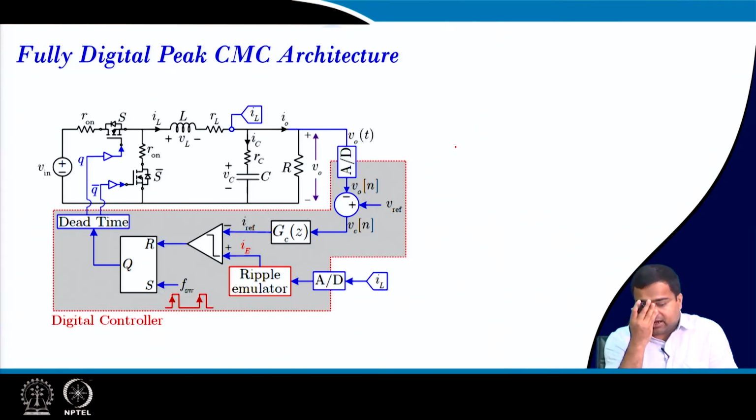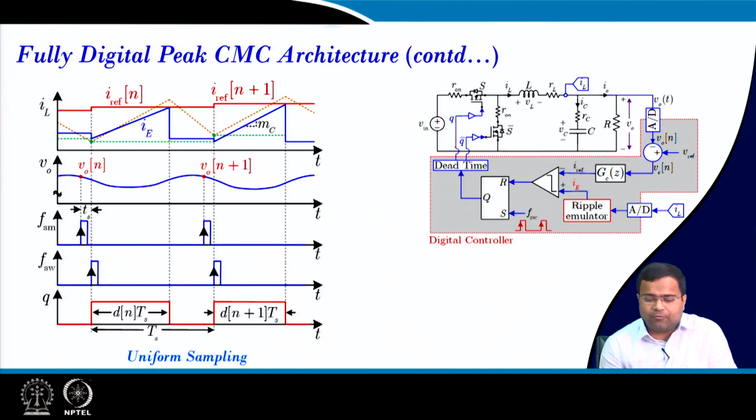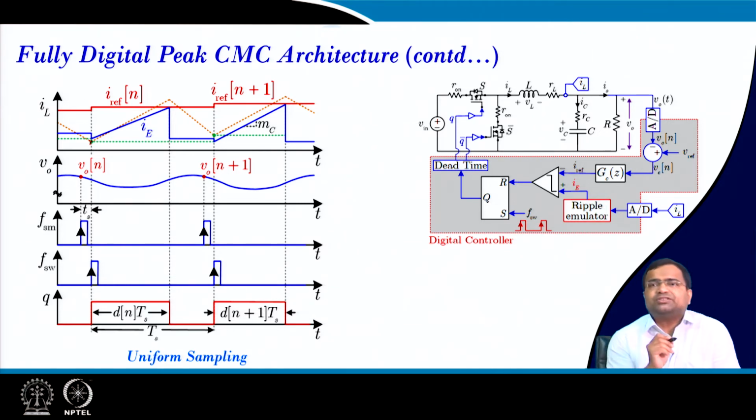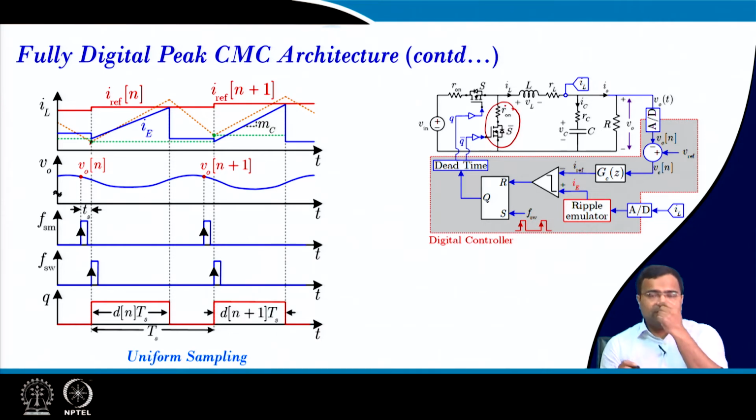So, in fully digital current mode control architecture, if you go for peak current mode, we are sensing the valley current before the switch turns off. That means you can sense the low side current, which is very easy to sense, and you can emulate in the digital domain. Another problem can be addressed because there is a 1 cycle delay, because in peak current mode control,